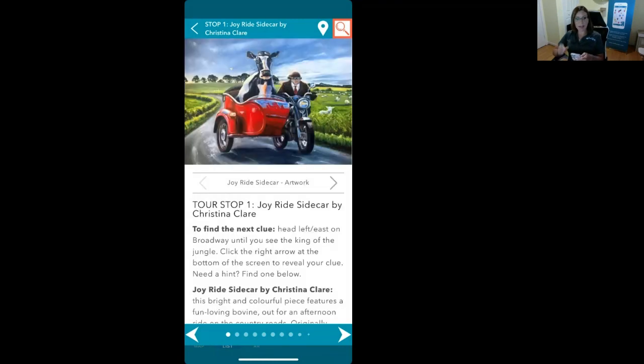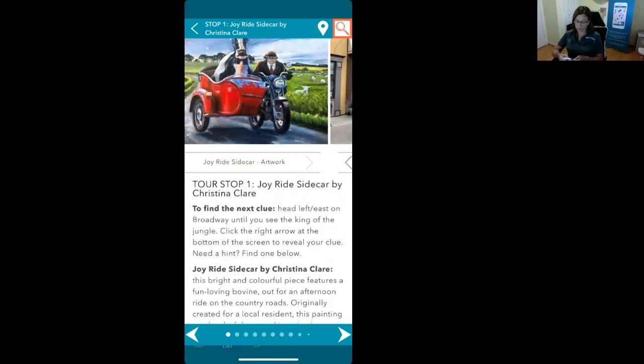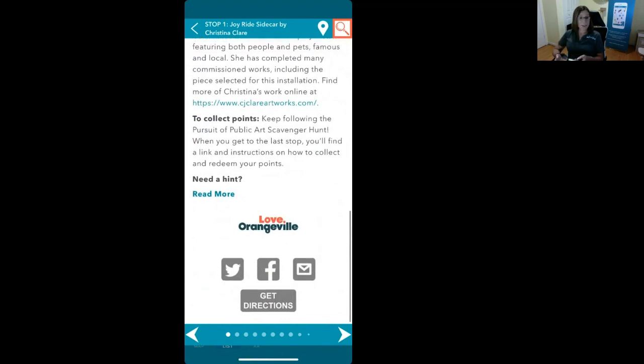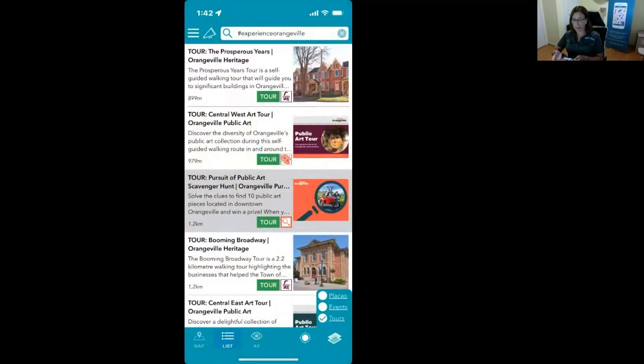And when I hit OK, it unlocks that first tour stop. So now I can read more about this Joyride sidecar artwork, flip through the pictures, read more about it. And as I scroll down, you can see that Orangeville has also added a hint for the second stop as well. Now, this is one example of a great tour experience in Driftscape, but other good examples include adding audio